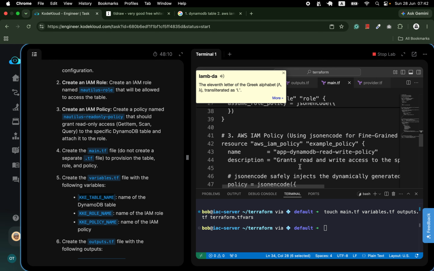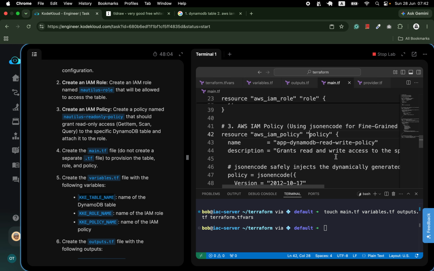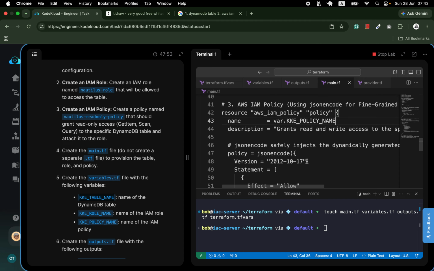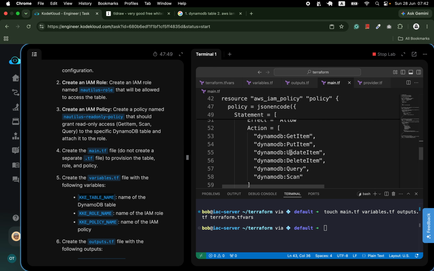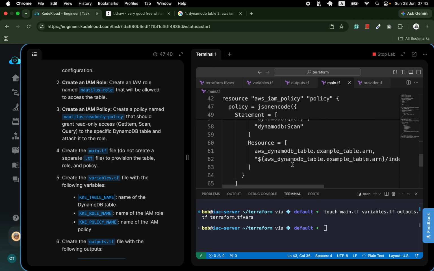And here also IAM policy. I need to remove this. And the name, I'm going to get from the variable, var.kke policy name. For the description, you can write any description you like to mention. JSON code: effect is allow. DynamoDB GetItem, PutItem, UpdateItem, DeleteItem, Query, Scan. That's enough. For the resource,